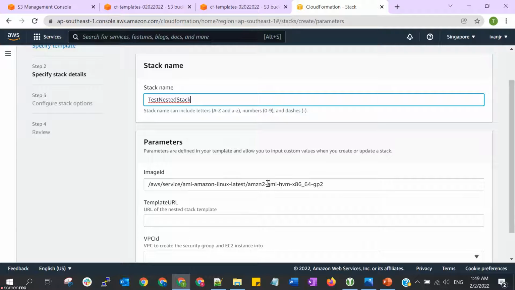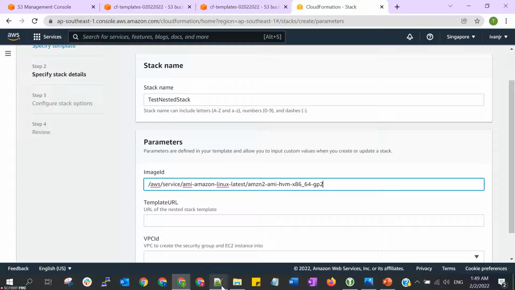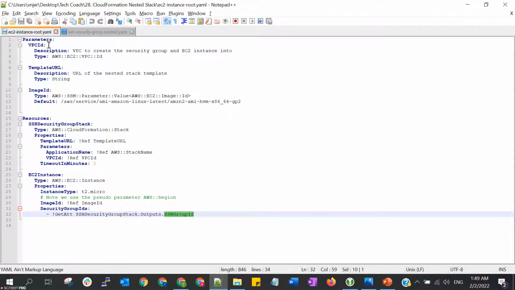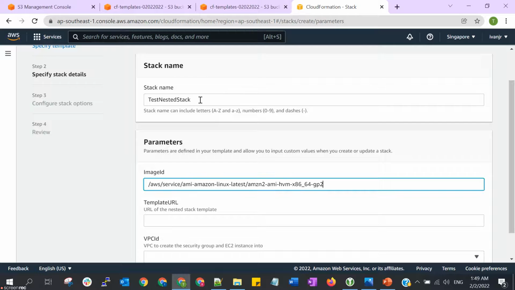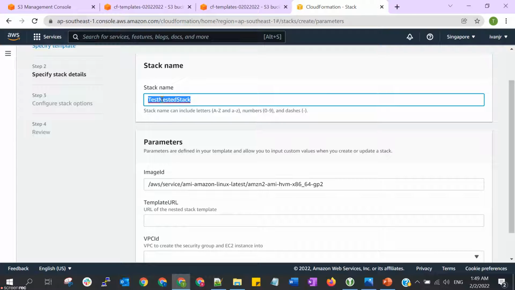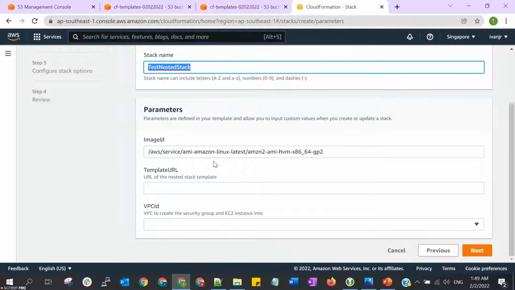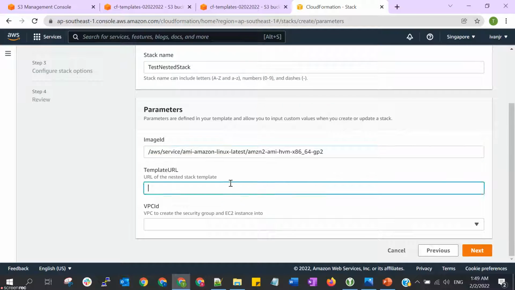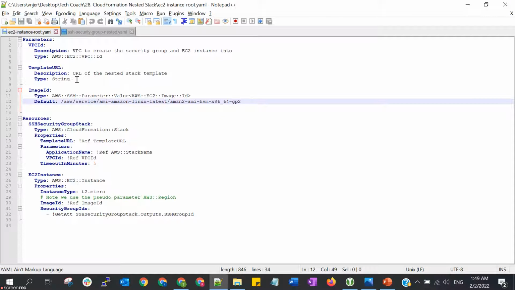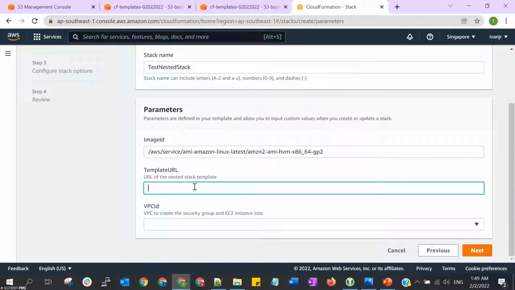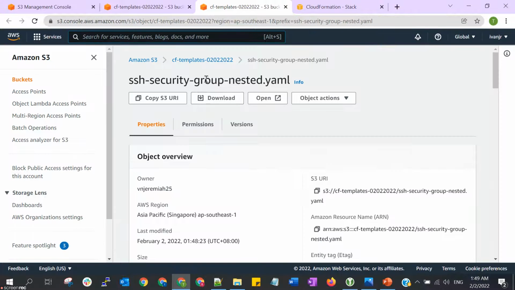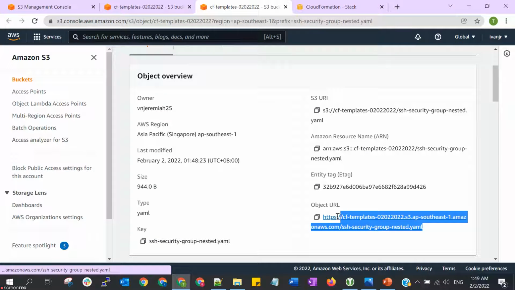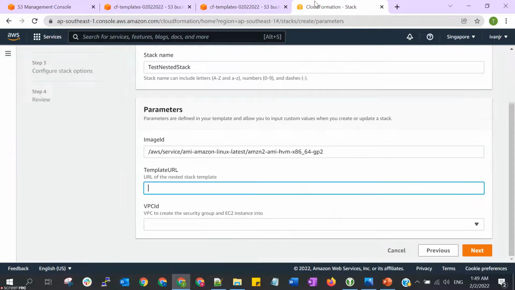The stack name is always asked when we create a CloudFormation stack. The image ID is from here; we put the default value as this. And the template URL parameter is the template URL of our nested stack, so we copy the object URL for our nested stack.